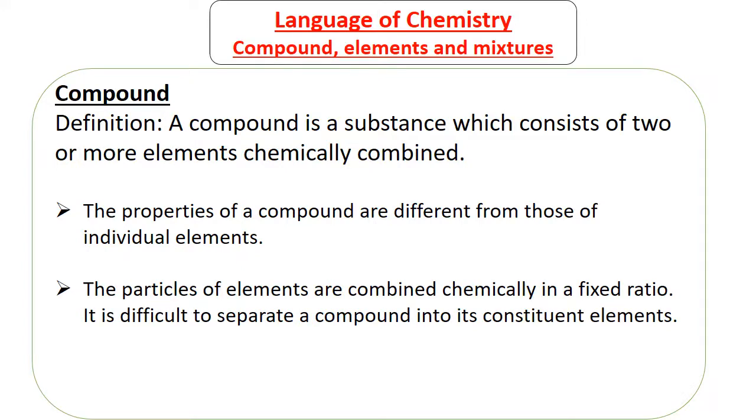The other property of a compound is that the particles of elements are combined chemically in a fixed ratio. Remember, when I was talking about a mixture, I talked about combination that is not always in a fixed ratio. In a fixed ratio, it means if you put two spoons of sugar, you have to put maybe one cup of water for it to form zig. And if you put more than two spoons, you have something else, you won't have zig. So for a mixture, it doesn't matter how much you put, but for a compound, you have to put the same number of